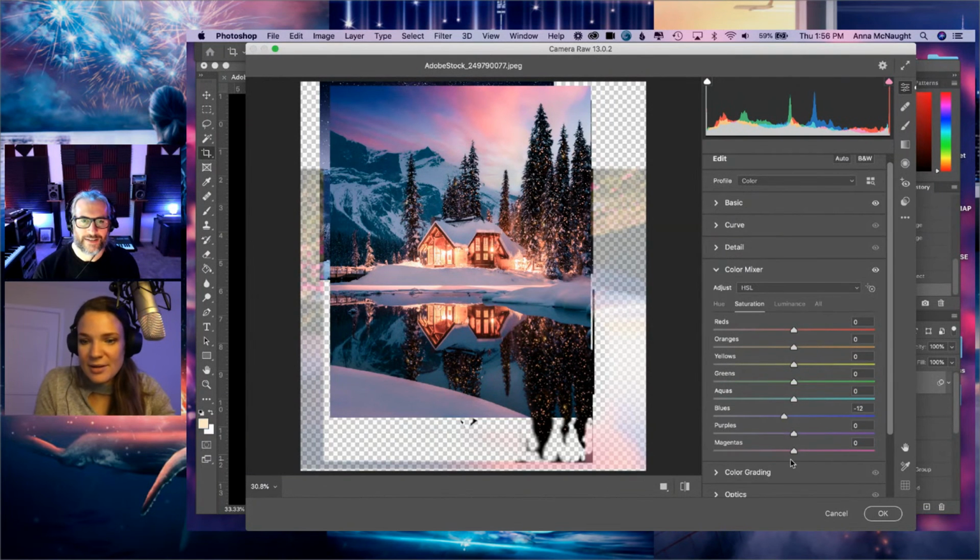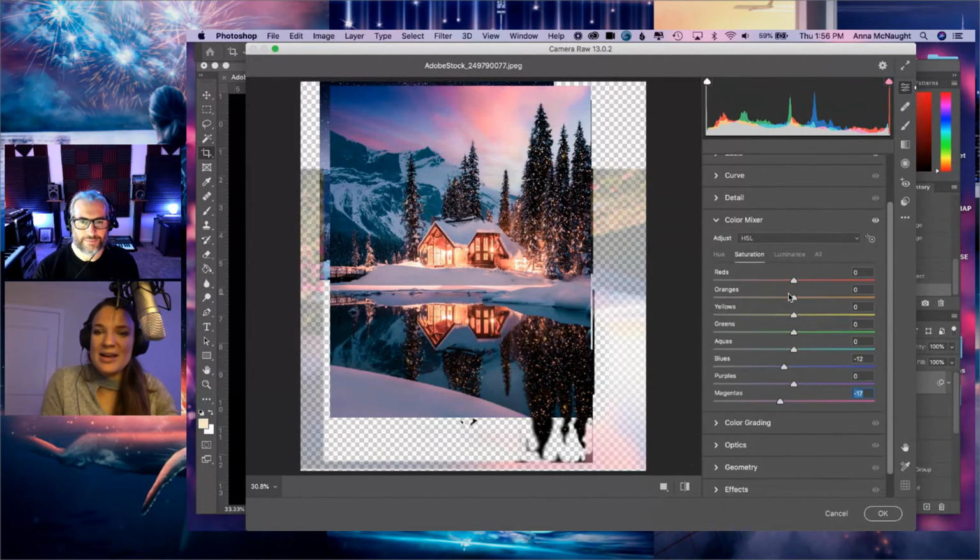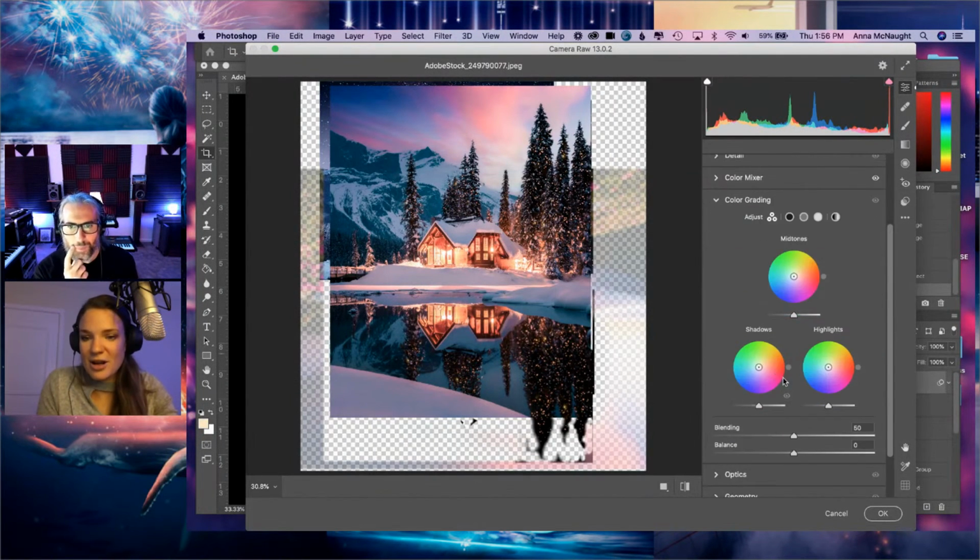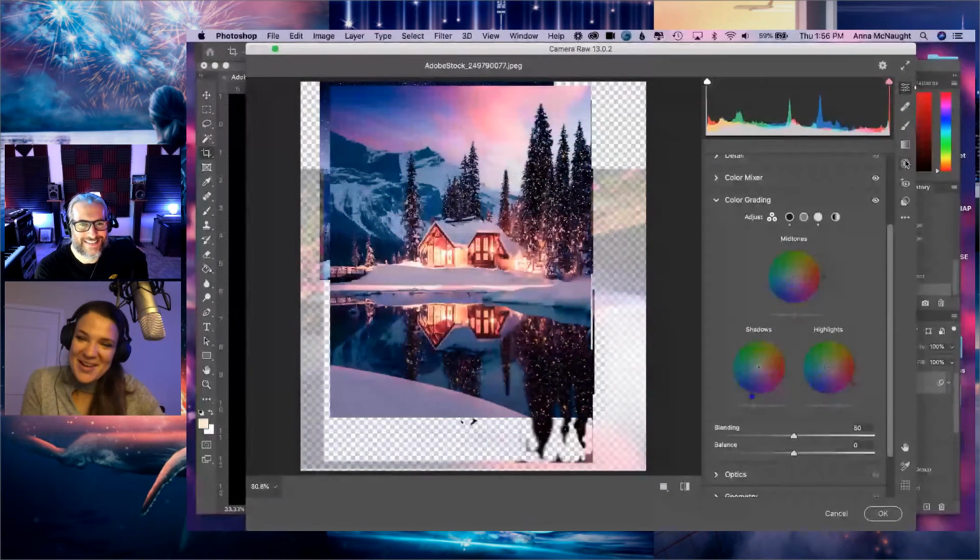Okay, cool. Let's see. I'm just playing around, and let's go back into that color grading. Maybe play with this a little bit again. I was gonna say, probably in the shadows you might want to control a bit of the hue in there. Ooh. Oh yeah. Cool. Doing something. It's really good.